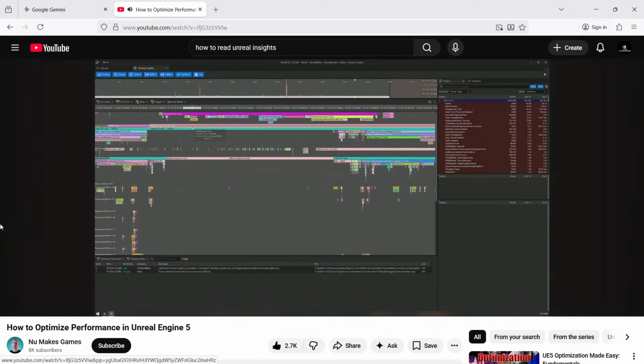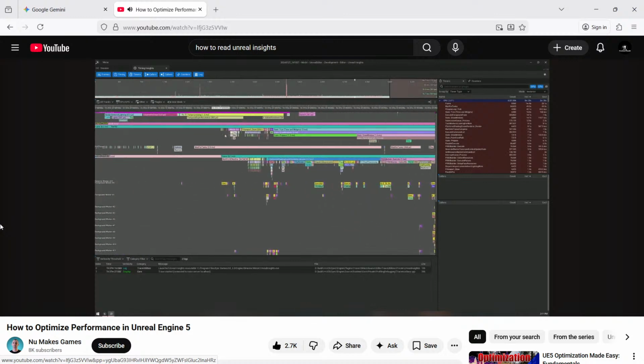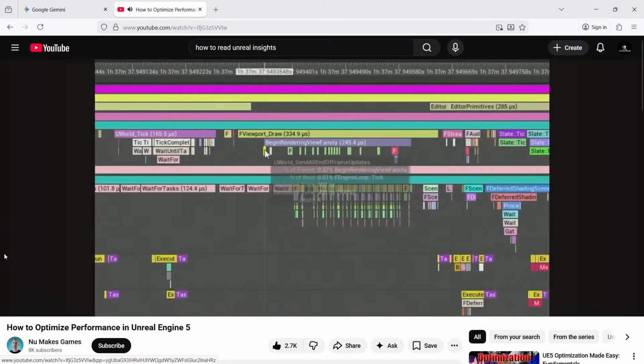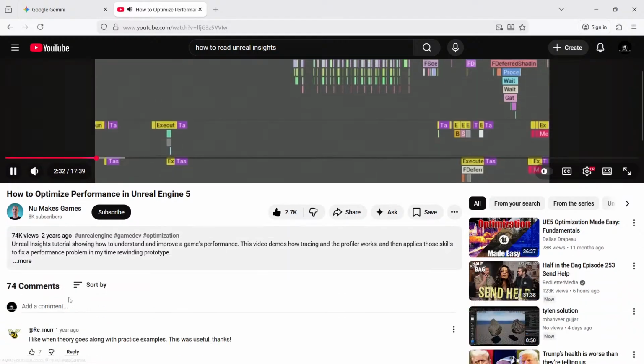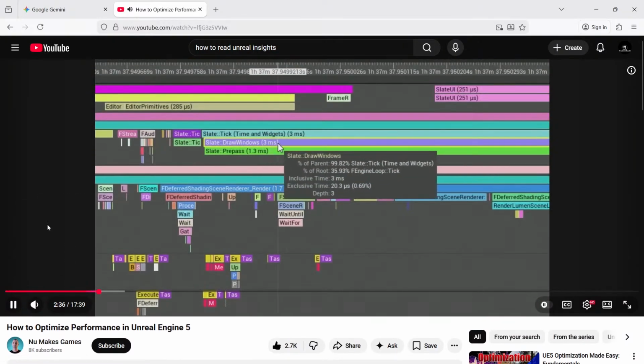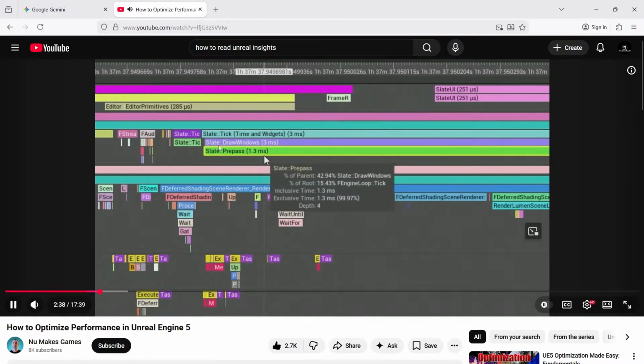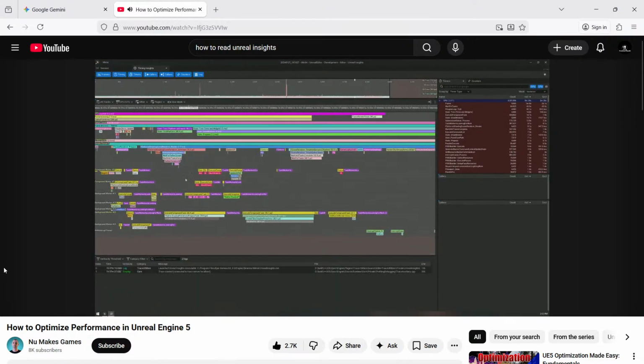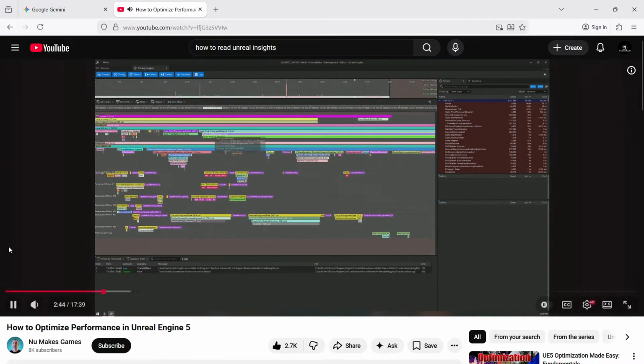And we can look here at the top and we can say, okay, we have a frame on the game thread. Within that frame, we ticked the world, we drew the viewport, slate ticked. That slate tick called slate draw windows, which turns around and called slate pre-pass, so on and so forth. So we can basically drill into a bunch of deeper calls. And as long as those calls are instrumented,